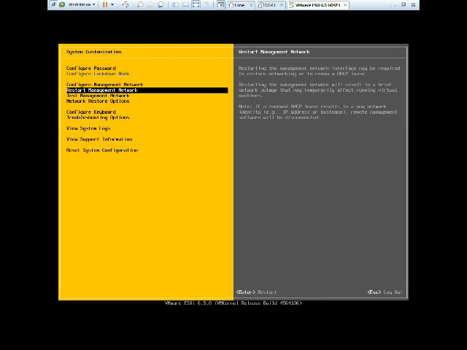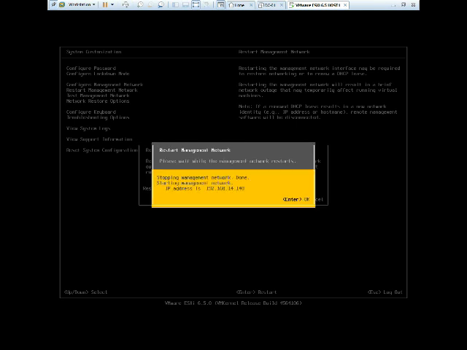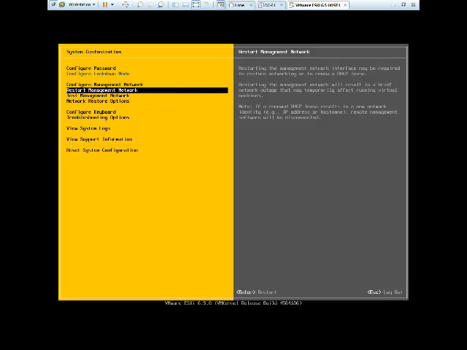The next option is restart management network. Sometimes when you make any changes to network properties, you need to restart the management services. It's a service actually. So just press F11, the service will restart, and your problem will get resolved as well. Sometimes you are trying to ping your host and you are not able to ping, so you can try restarting your service first and then see, and your issue will get resolved. It's restarted, done. Press enter to OK.